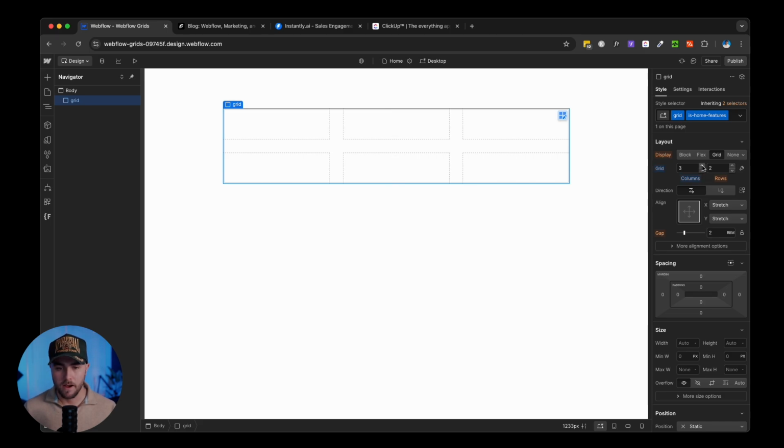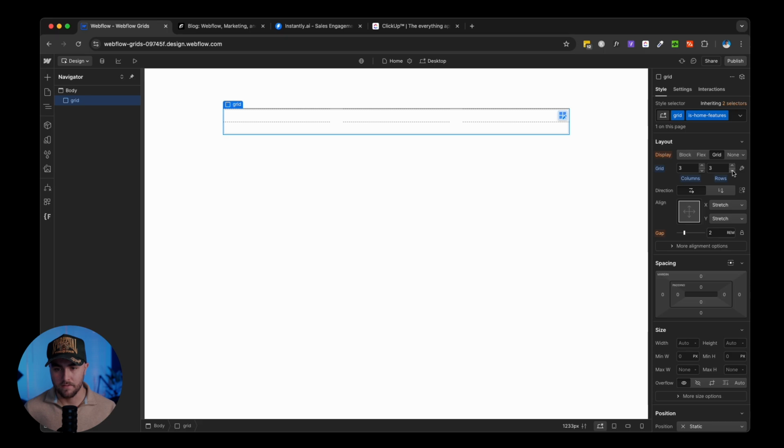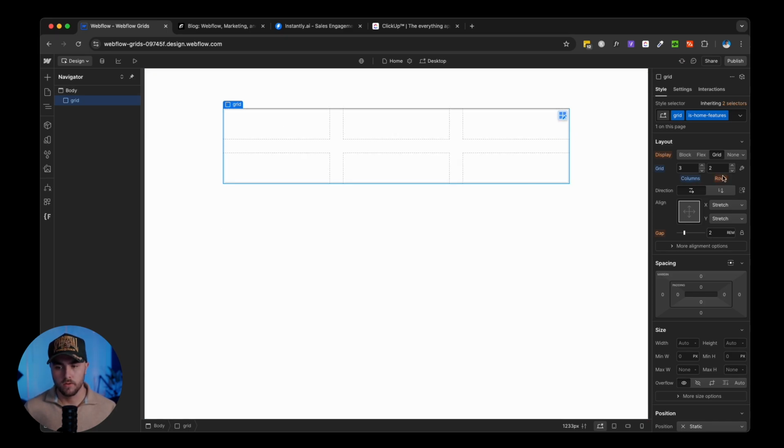If I increase it by 1, you can see we now have 3 columns, and here are rows. If I increase the rows, we now have 3 rows. It's just hard to see because it kind of collapsed the cells since there's no content inside of it. Now, one thing with rows that is different from columns is you can go all the way down to 1